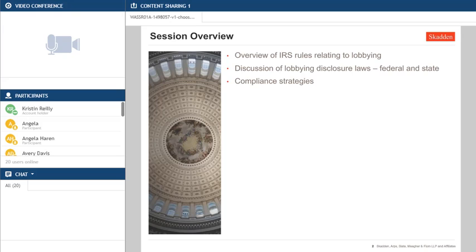At the federal level and the state level, there's kind of an overlap. As 501c3s, you maintain your tax exemption by not doing too much lobbying, and I'll get into specifics on that. But then there are also lobby disclosure laws in the states and at the federal government that cover